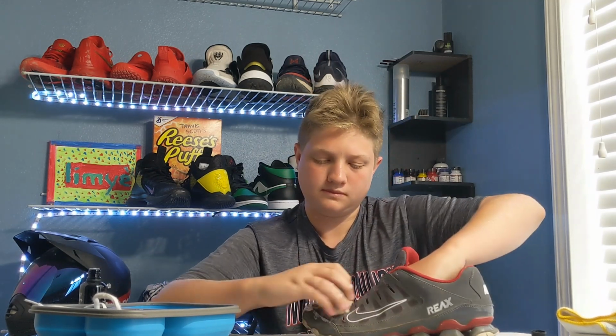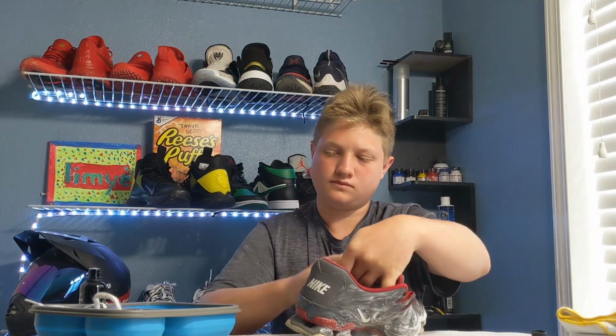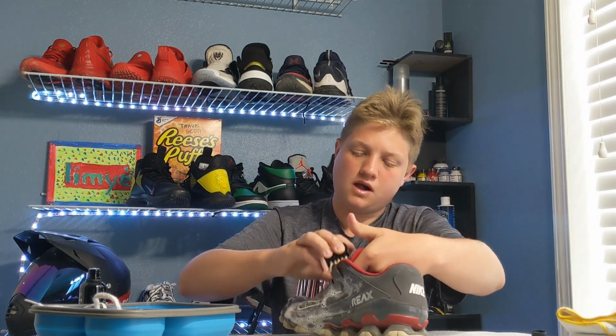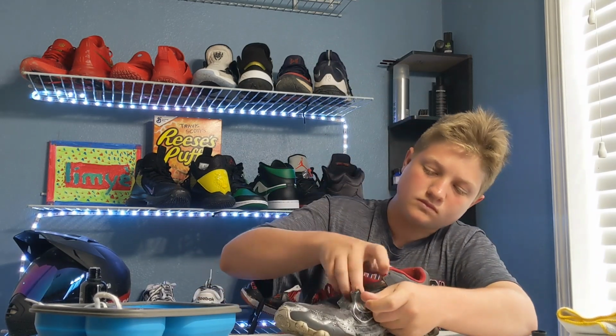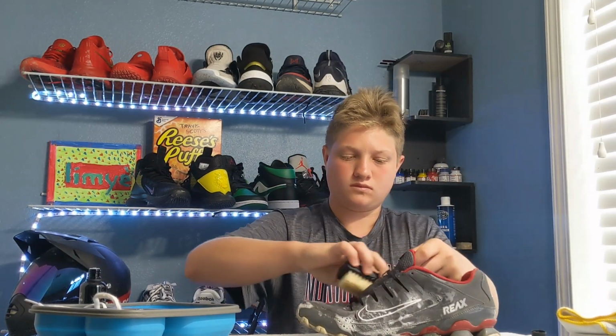Okay guys, when y'all are cleaning the shoes, make sure y'all scrub hard if they're really looking that dirty. And as you can see, he's just scrubbing in a circular motion so it reaches more and gets all around the shoe. And when you scrub on the bottom, make sure you scrub the bottom hard because it's dirty,